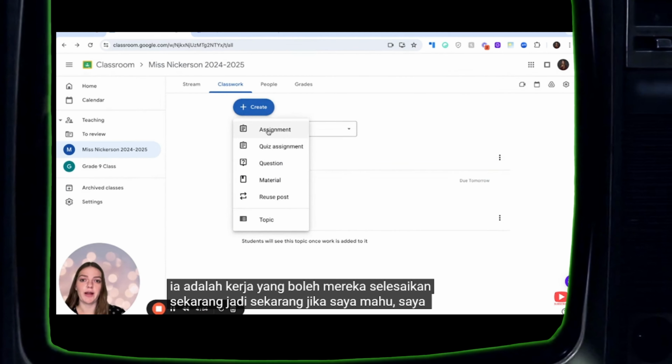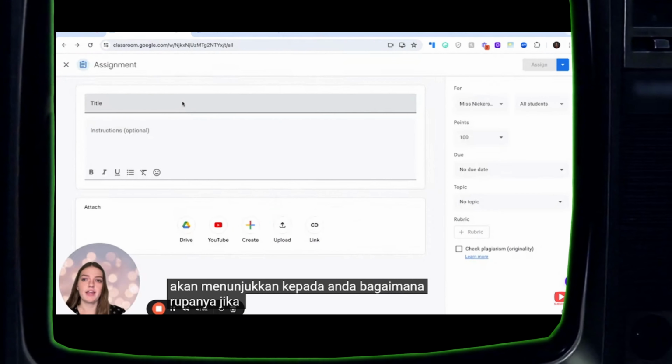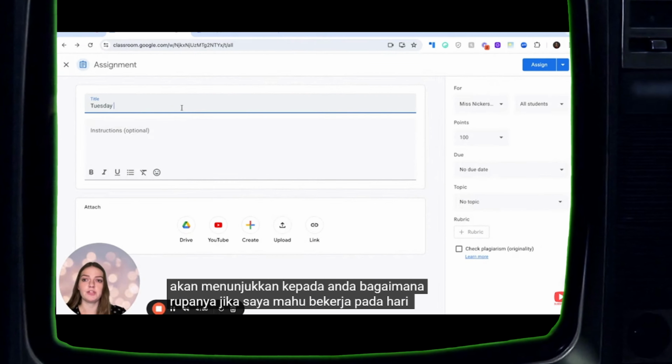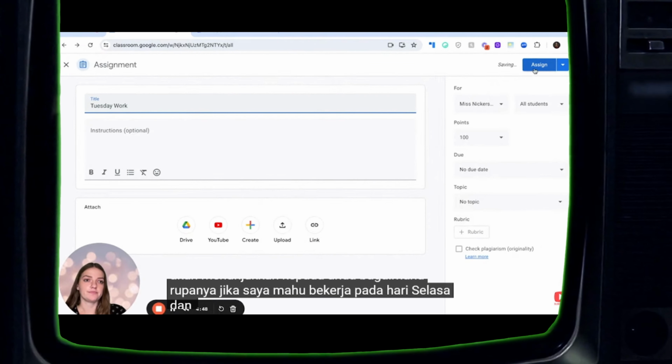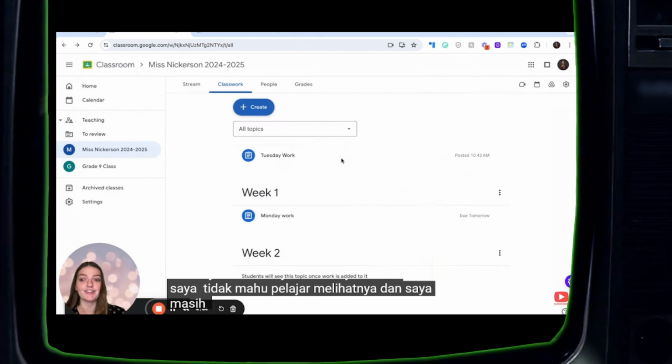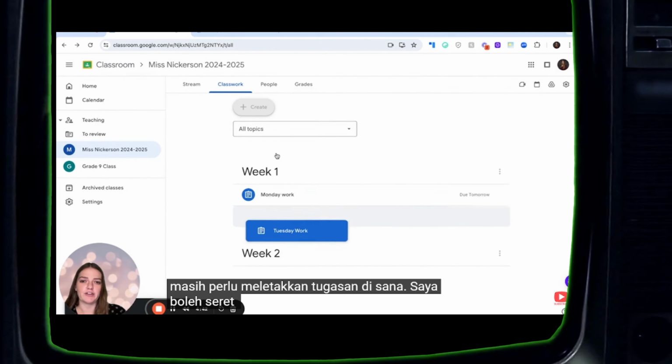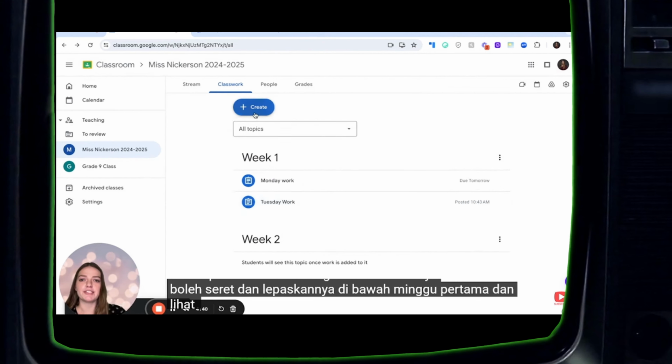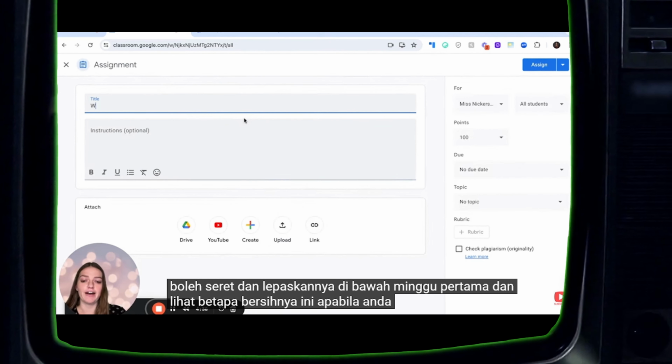If I wanted to, I'm just going to show you what it could look like. If I wanted to have Tuesday work, and I would schedule it out because I wouldn't want students to see it and I still need to put assignments in there, I can drag and drop it under week 1 and just see how clean this looks when you have,